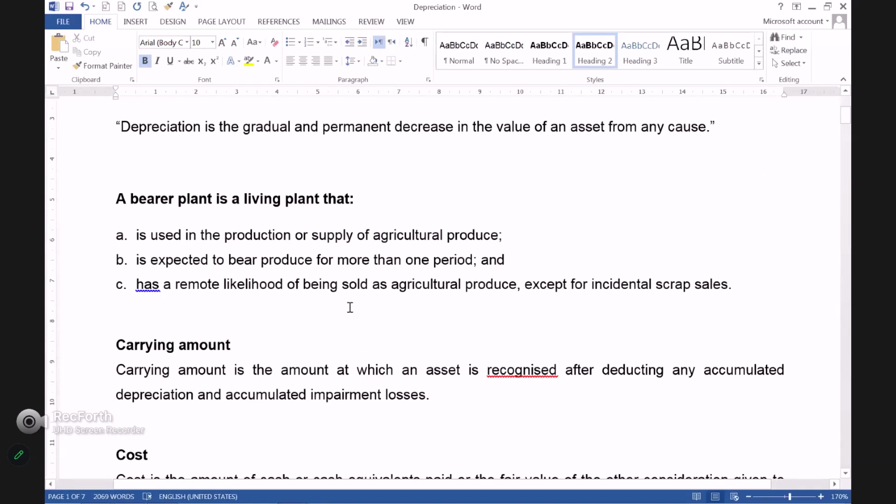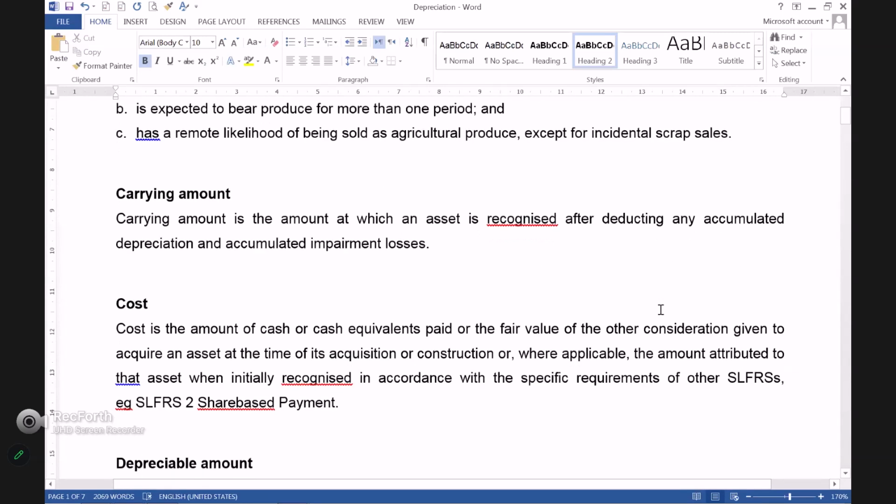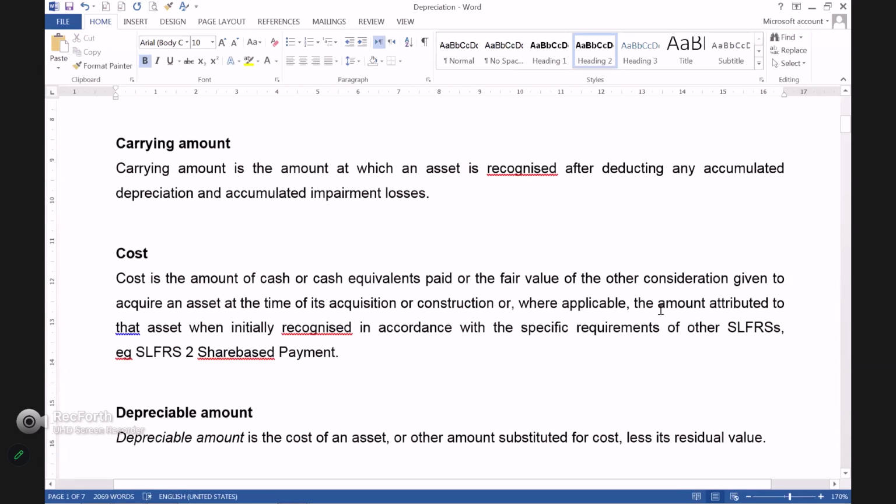The bearer plant is a living plant that is used for the production or supply of agricultural produce, is expected to bear produce for more than one period, has a remote likelihood of being sold as agricultural produce, except for incidental scrap value. Then you have to identify some